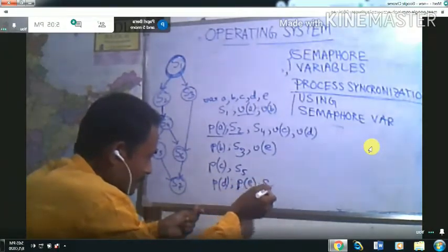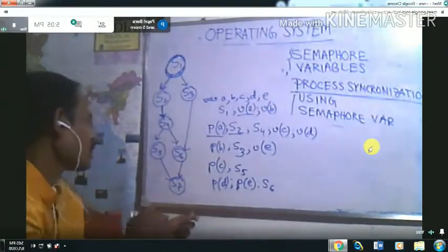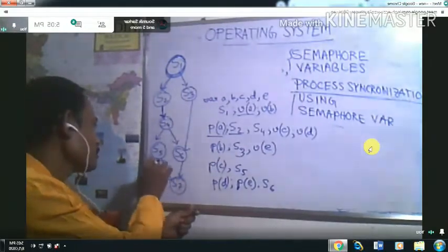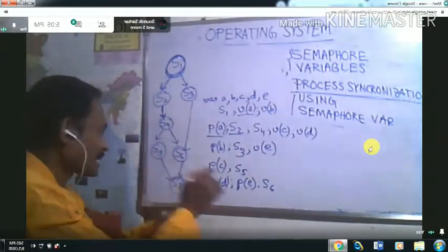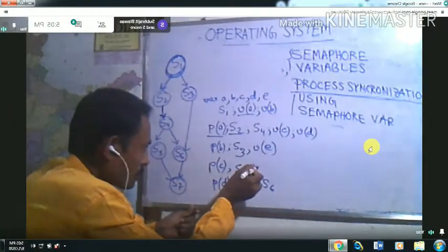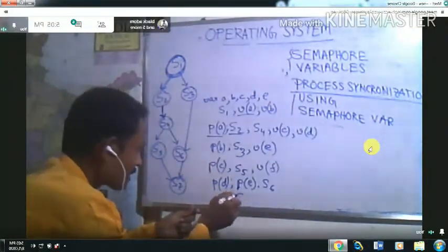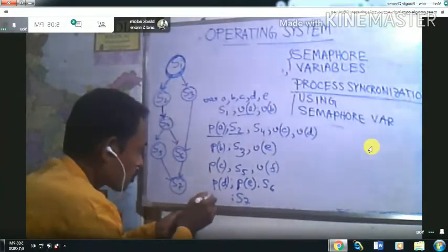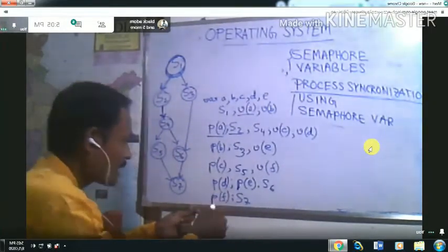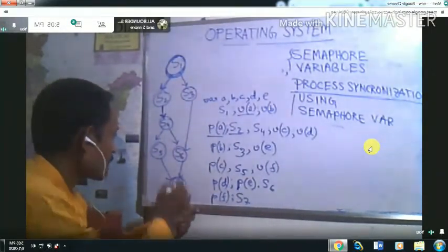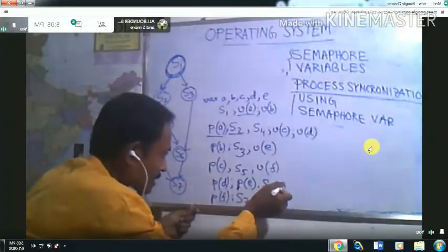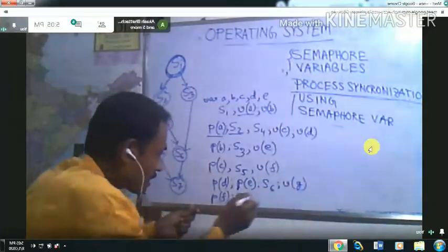Clear? Now S7 will be executed after S5 and S6. So after S5 it will be VF, and before S7 you have to do PF. And after S6, suppose this is VG, and this is PG.